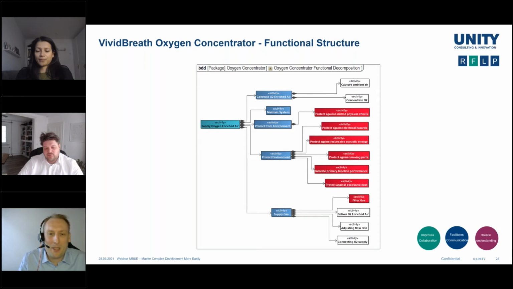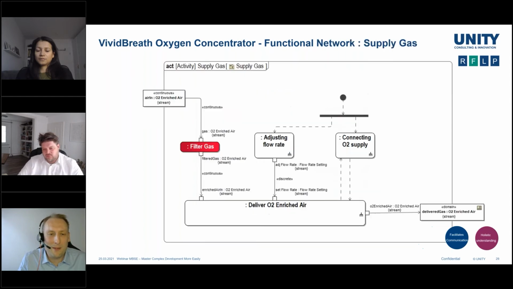The main aspects why we did it, as I mentioned, is that we wanted to improve our collaboration and communicate and build a holistic understanding of what the devices actually were. So we first started, of course, with a functional structure. As you can see it here, the red ones are basically identified functions that we need for risk control measurements. And Tobias, maybe if you can switch to the next slide.